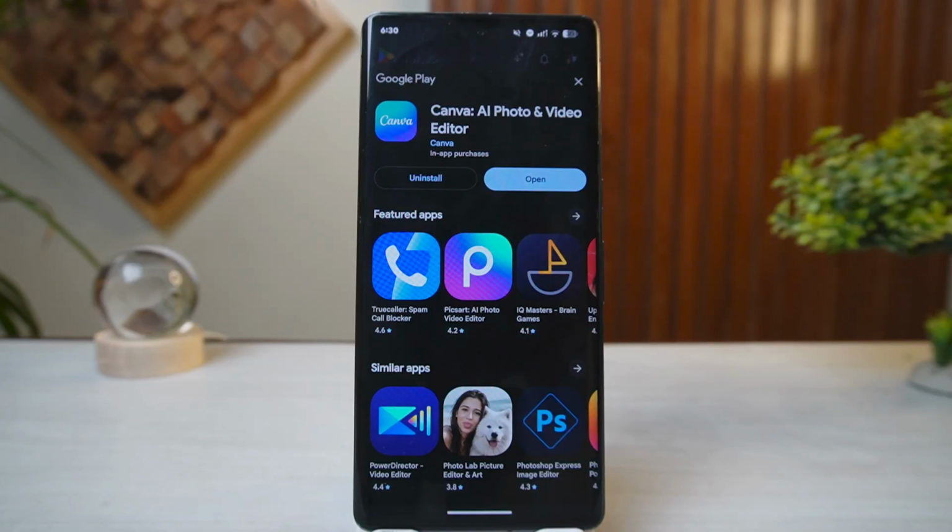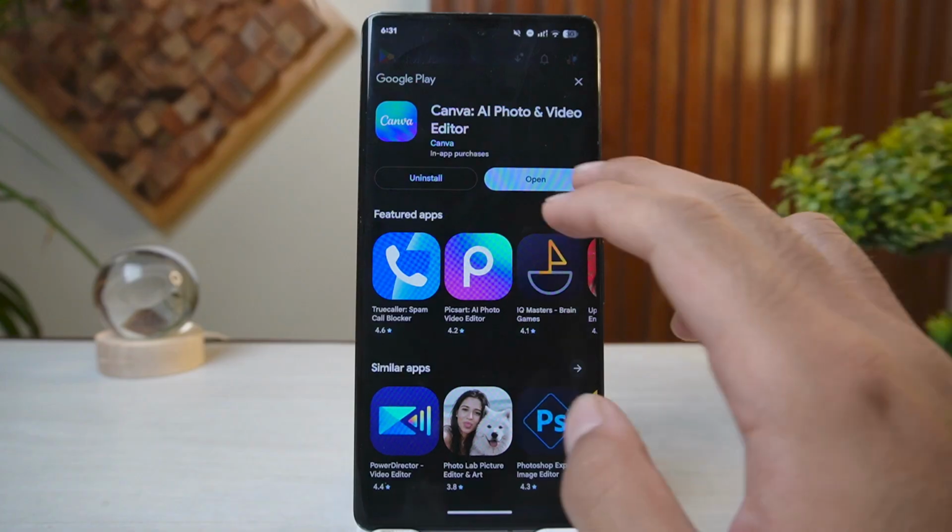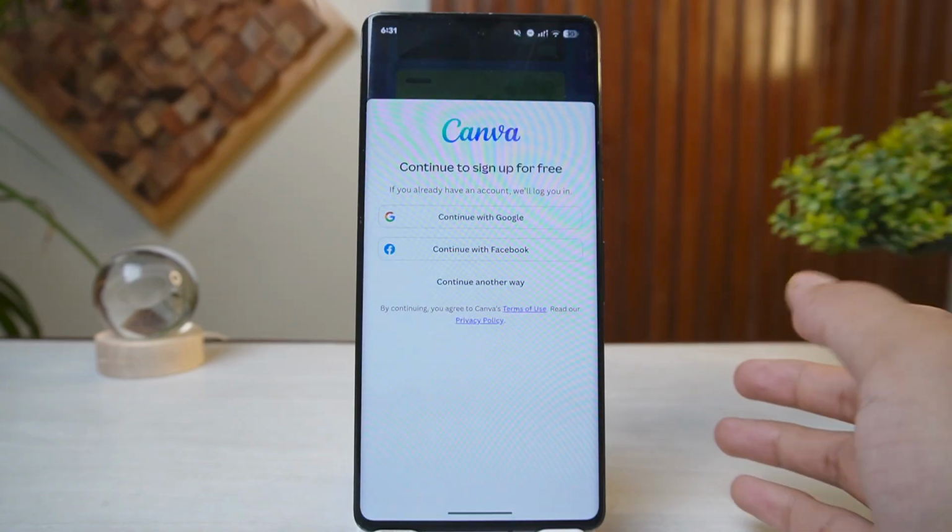How to use Canva collaboration feature. To use the Canva collaboration feature, first of all, go ahead and launch the Canva application on your device, then